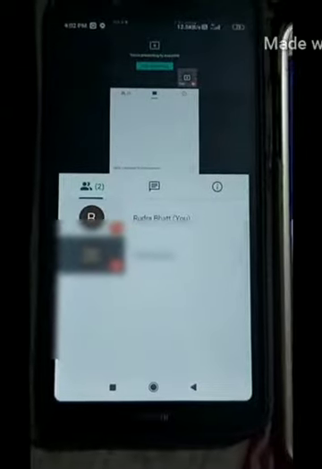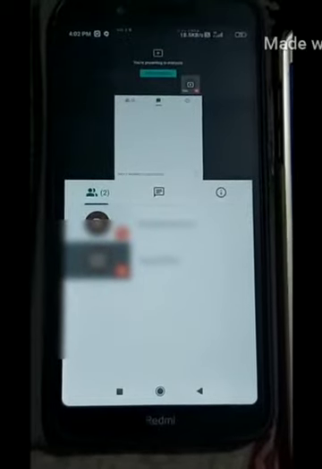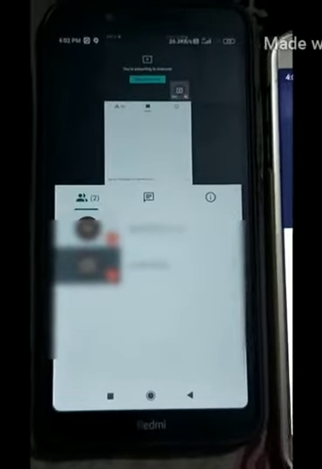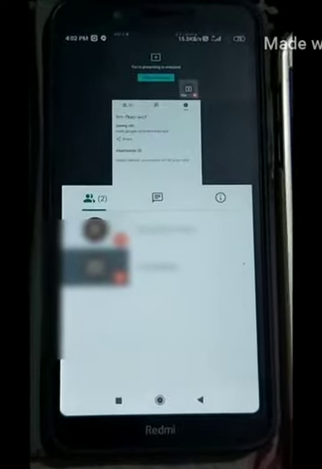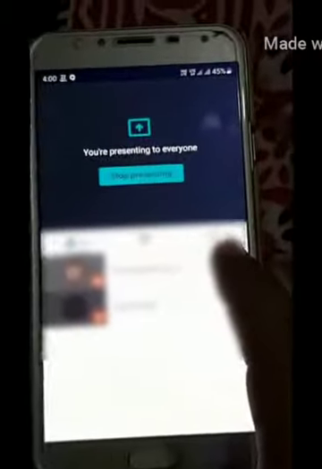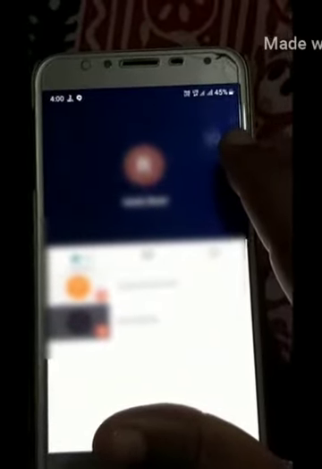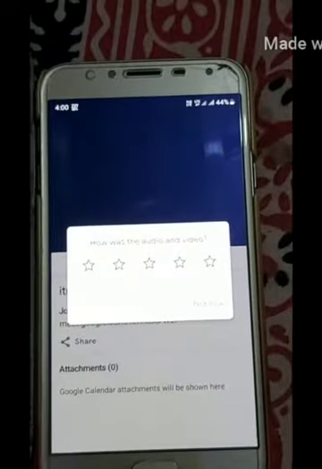See here, this is the student's device showing the screen. Whatever is accessed by the host will be shown on the screen. If the host changes his screen, it will be reflected on the participants' screens. Now if I want to stop presenting, I simply tap on Stop presenting. That means it stops the screen sharing to the meeting attendees. If I want to stop a meeting, I simply tap on stop. In the same way, the host and participants or students can exit from a meeting.